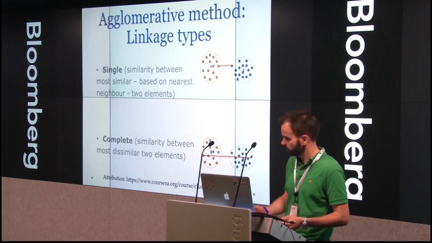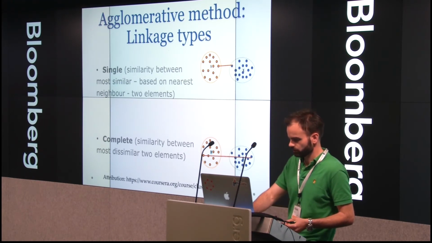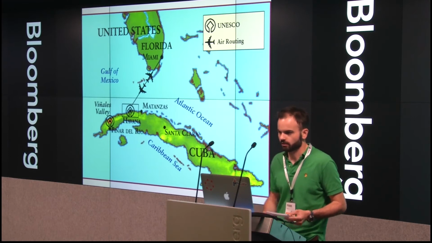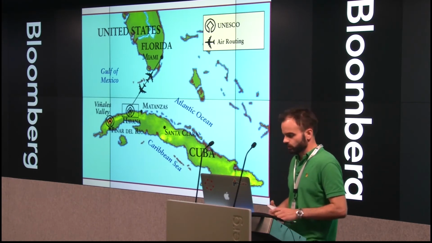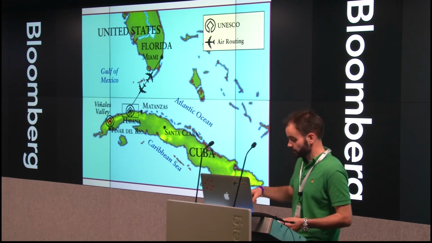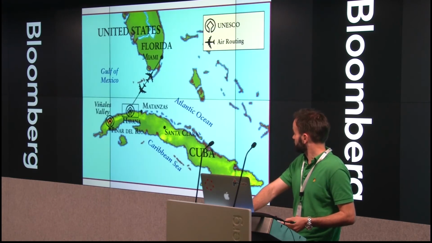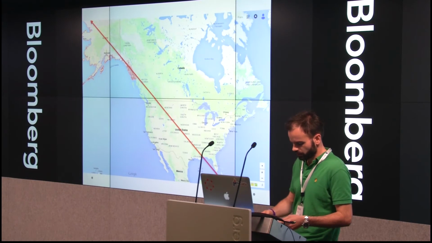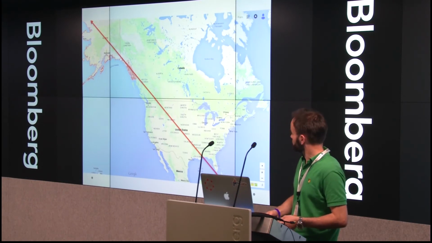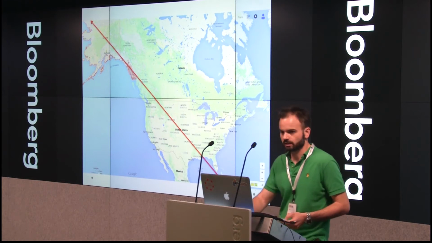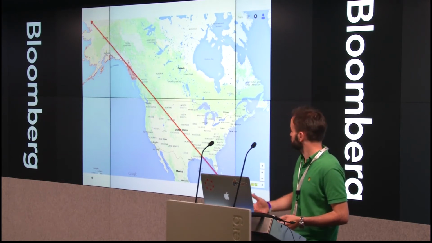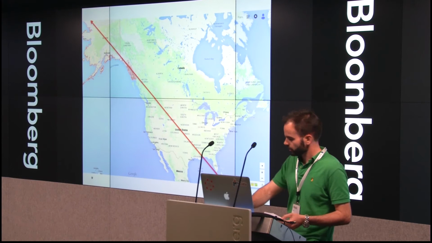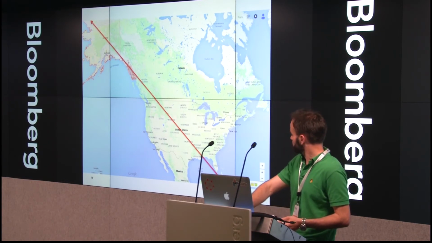So, the problem with both of these approaches, they're quite sensitive to outliers, as I'll demonstrate. So, if we were clustering countries in the Americas, and within those clusters there were cities, you might join by the single approach. You might bring together Havana and Miami, but with the other approach, you might bring together a remote outpost in Alaska with Santiago de Cuba, if you're going to join those two countries, and you can see the problems it might cause, because you've absorbed part of Canada as well, and it may not be the best approach.